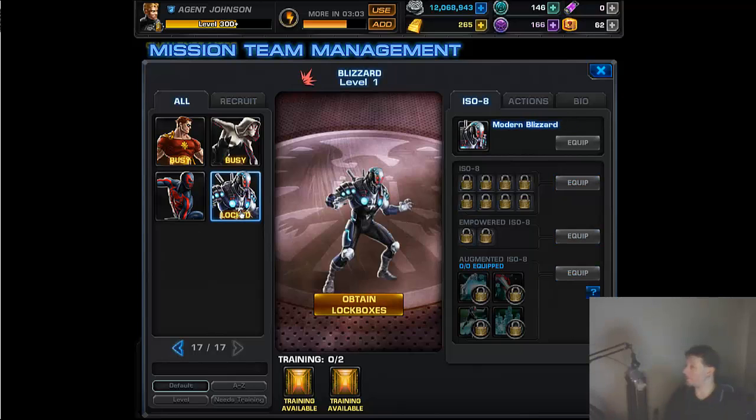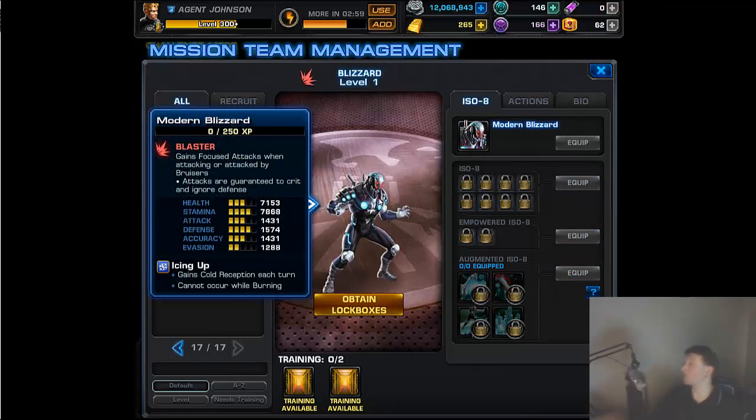And here he is. Here is Modern Blizzard. Looks exactly like we would expect him to, similar to the Fixer. You can get him through lockboxes. Today's lockbox task is to do one daily, which is a gadget daily. And it actually is good for you to do that because there are these now new green bordered free action